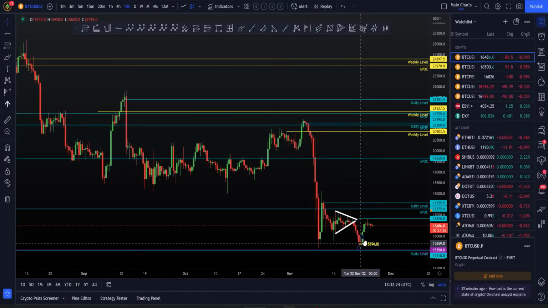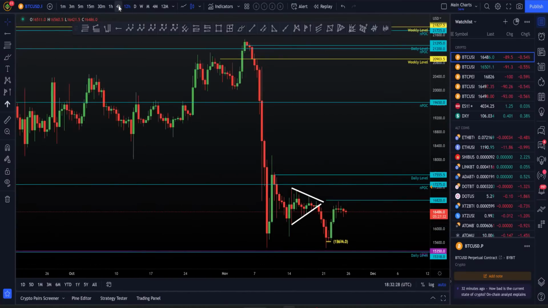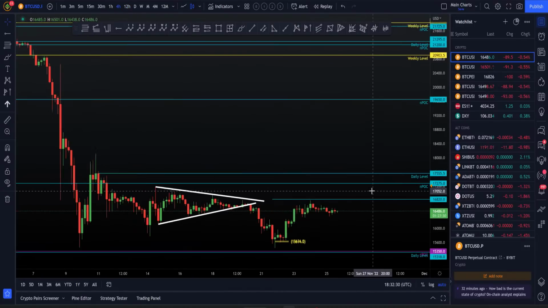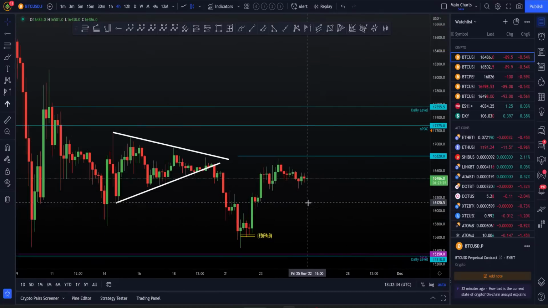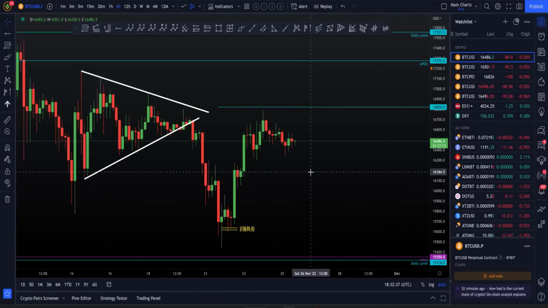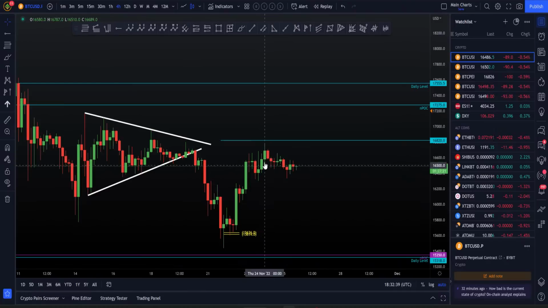I'm not going to close that just because I think we're going down lower. I'll happily wait for the stop loss to be hit, which I must admit I do think is going to be hit. But if it doesn't get hit, I'm not going to be upset about that. I understand why the highest probability is down at the moment, but I do understand where those probabilities change, and that's the key here. I'm not holding that personal bias.